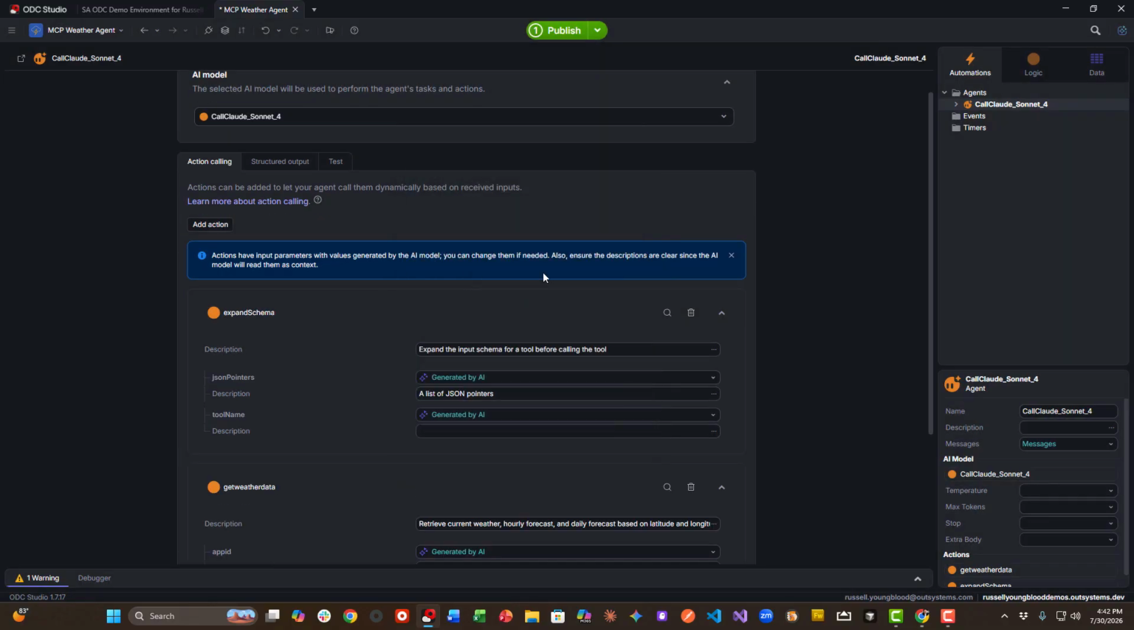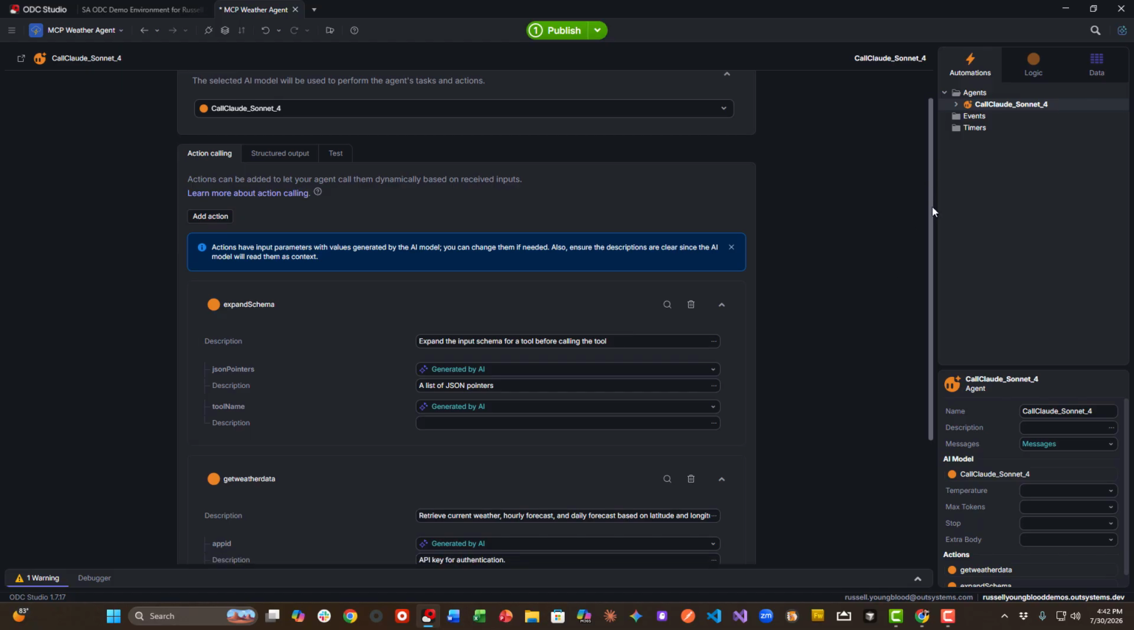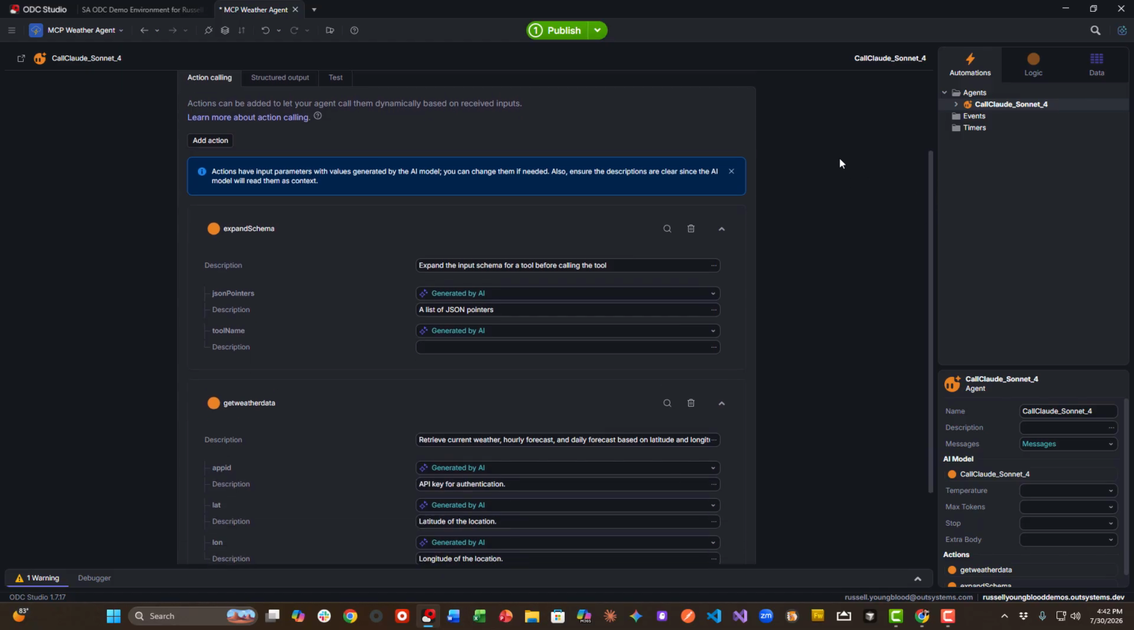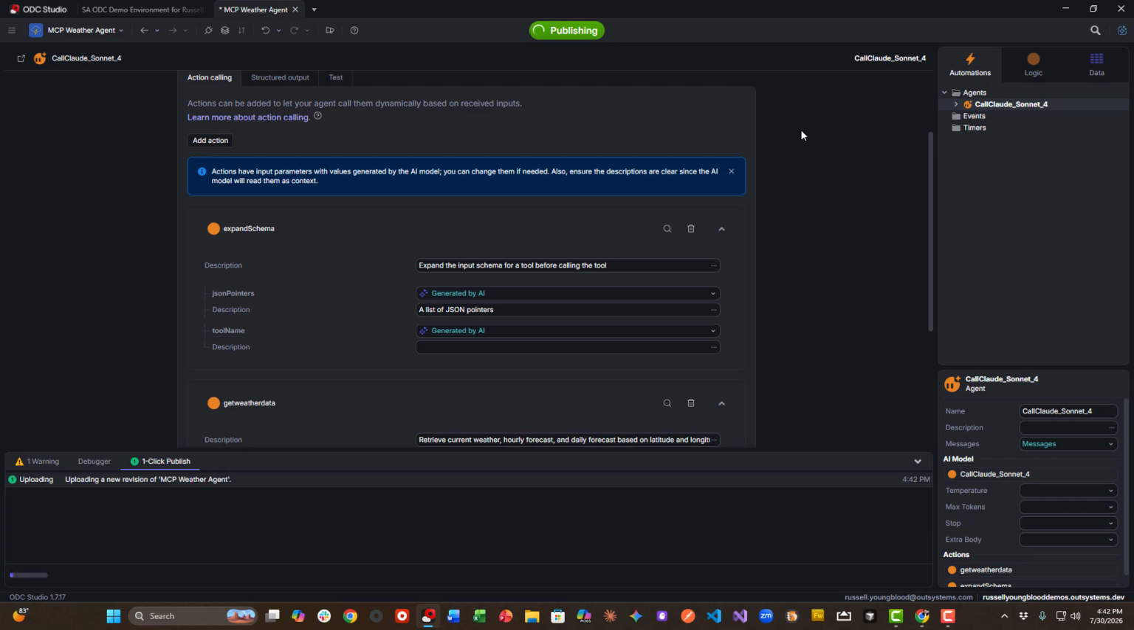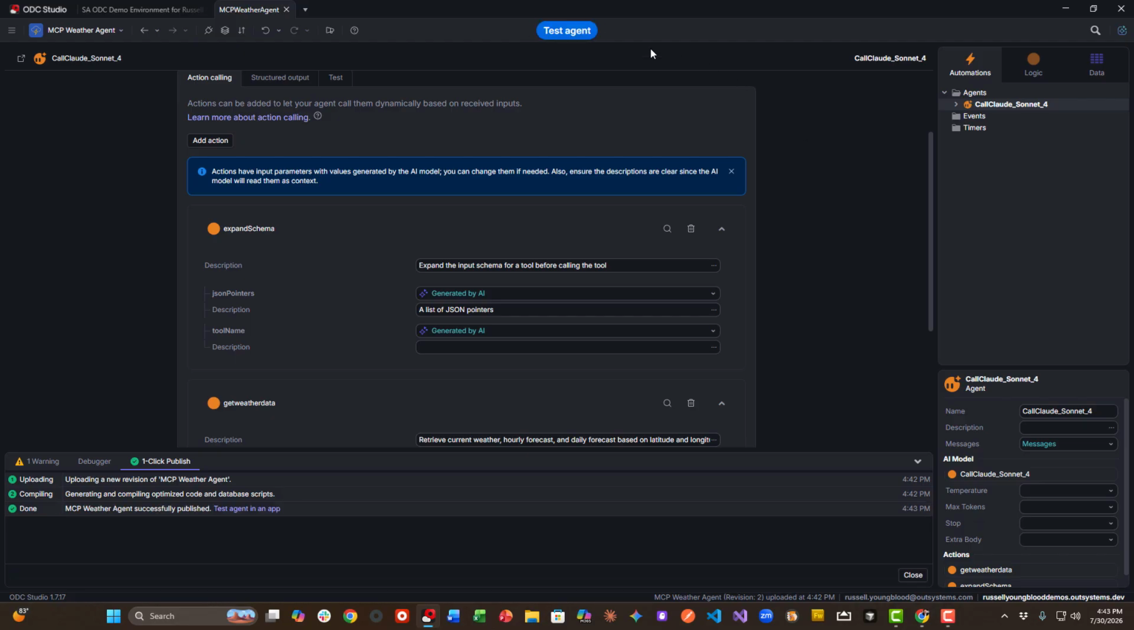Now, you can change them if necessary, and also you want to ensure that the descriptions are very clear, since the AI model will read them as context. So once I check that everything looks satisfactory, I'll go ahead and click the publish button. We will publish it up to the server, and then if we'd like to, we can very, very quickly test this with a test harness, or we can just go ahead and build an application and utilize this agent in